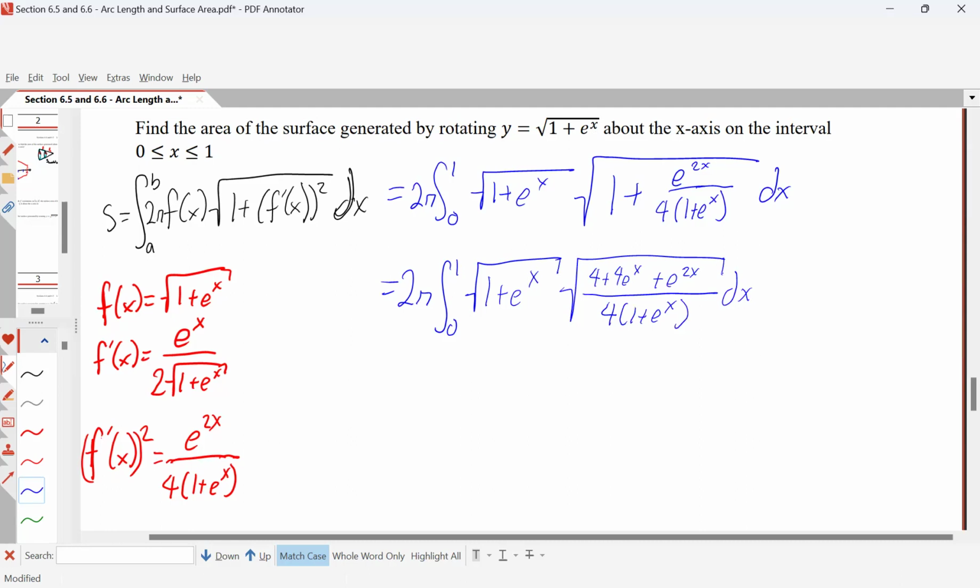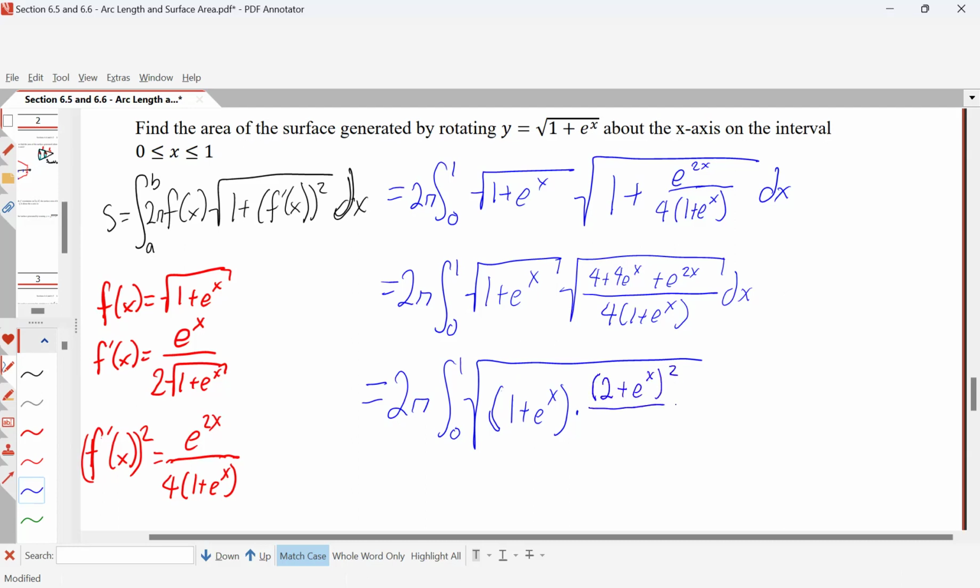Now, when we multiply square roots, we can actually put them all under one square root being multiplied together. So we have one square root, that is 1 plus e to the x, times this 4 plus 4 e to the x plus e to the 2x, which is a factorable trinomial, a perfect square trinomial that factors into 2 plus e to the x squared, all over 4 times 1 plus e to the x